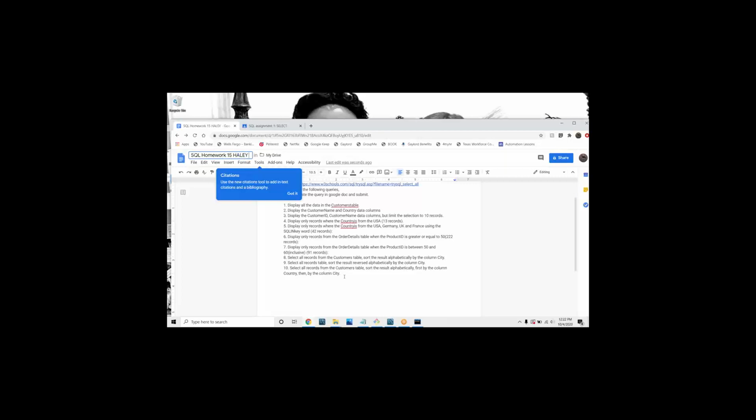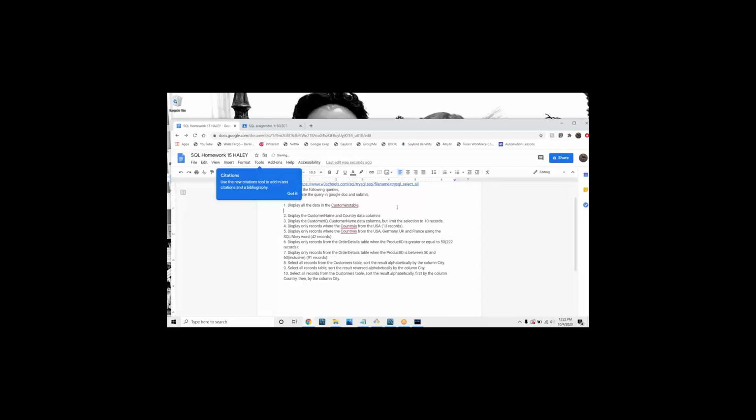All right. After that first number 1, where it says display all the data, put your cursor at the end. Hit enter. And you can paste your SQL query statement, or the answer, right here. When you're done with this,